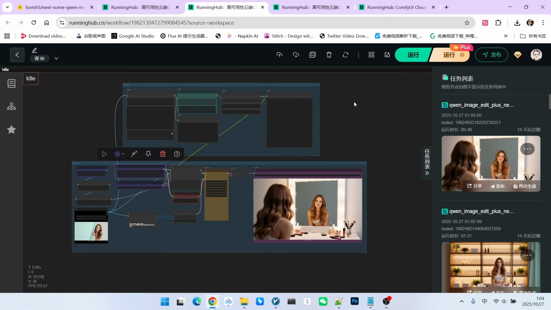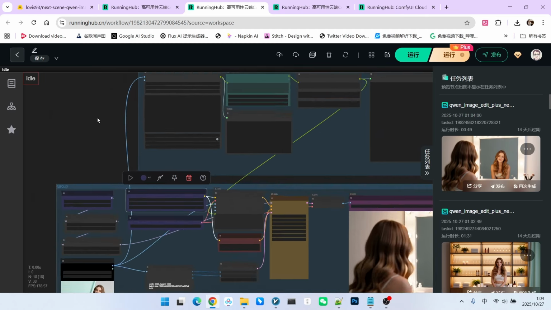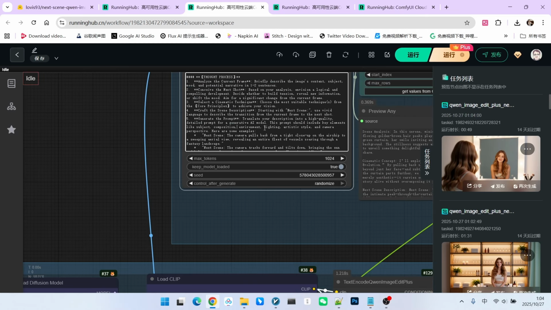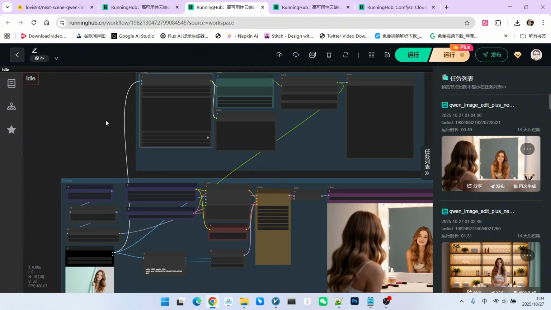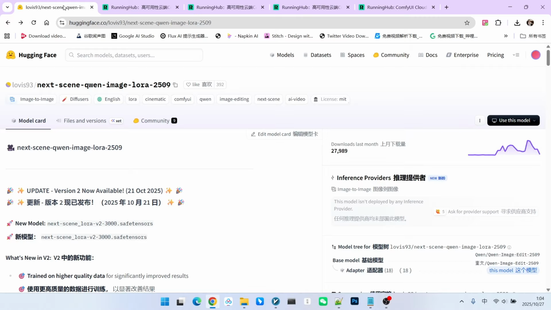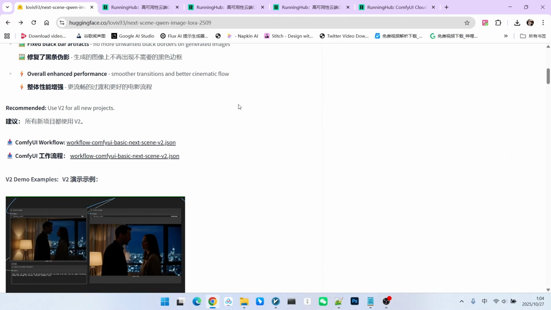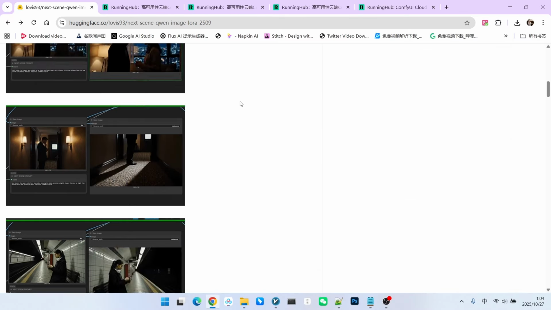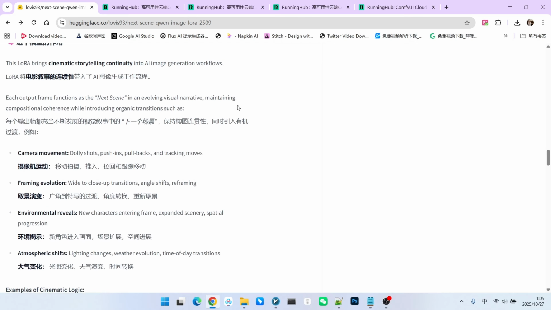Of course, what I have explained to you so far are standardized operations. The most crucial part is actually how this is written. How is this written? Of course, you cannot just write randomly or just guess it yourself. Here, we need to look at what its official documentation roughly explains about how the next scene is derived. If we have the current frame and we want to know what the next scene should be like, we follow